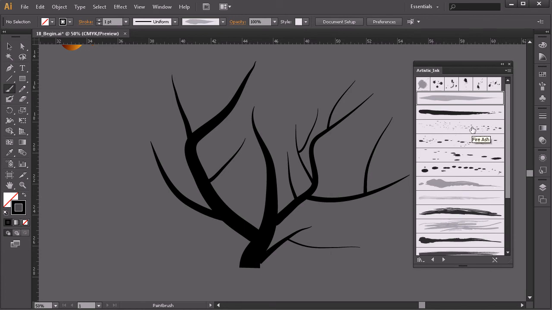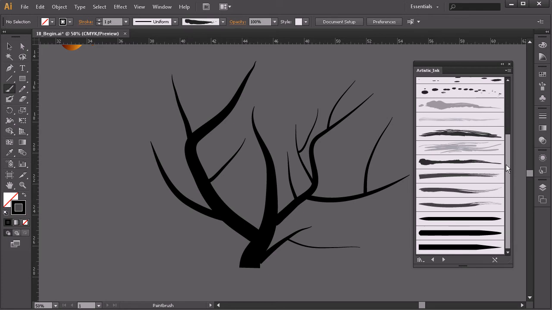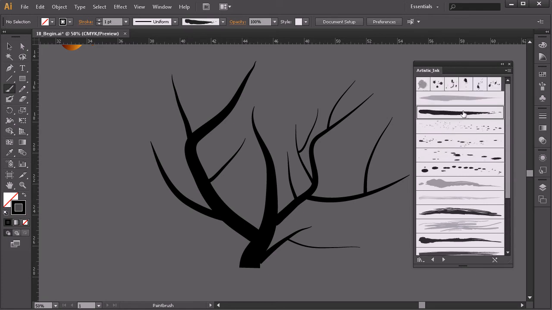And I'm going to just come in here and let's play around with some of these. So I want to choose one that has that dark look to it so that it's not going to be changing my color. And so I'm just going to choose this one, second from the bottom there. And then I'm just going to start going in and creating more smaller secondary strokes here that, if we're using this paintbrush, have a lot more of that organic feel to them because they do have such a small